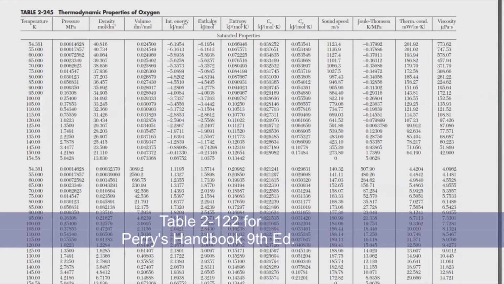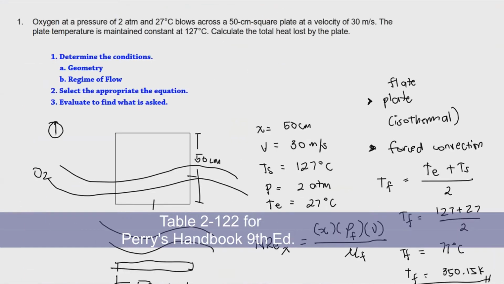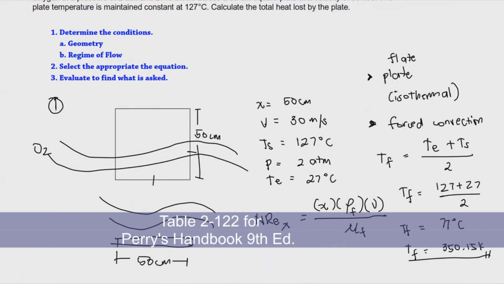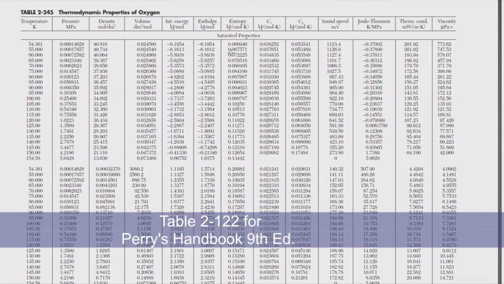So with that, let's take some kind of rectangle, and I will shade that portion where we will be interpolating. In our problem solving, what we have here is the film temperature, which is 350.15. That is the average of the surface and the free stream. Since this is 350.15, we need to look at the temperature here, where there is 350.15